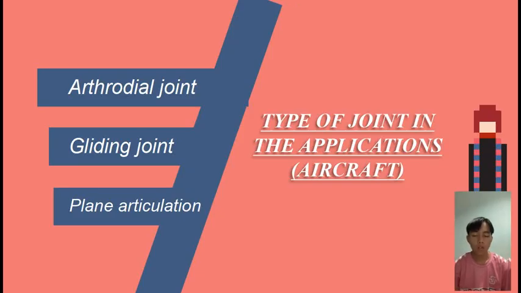Okay, I will continue the presentation about type of zone in the application aircraft. In aircraft, there are three types of zone. One, orthogonal zone, two, bleeding zone, and three, plane articulation. Next,